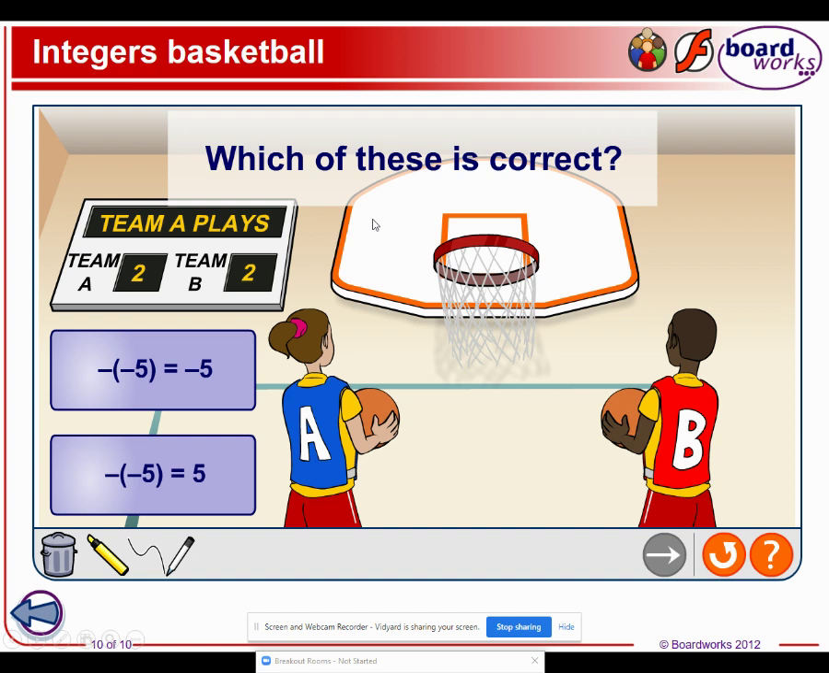Which of these is correct? So this is a little bit trickier one, so think about this on a number line. Negative or minus, sorry. Okay, we're not going to